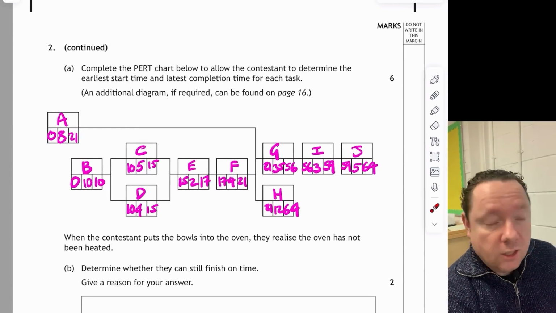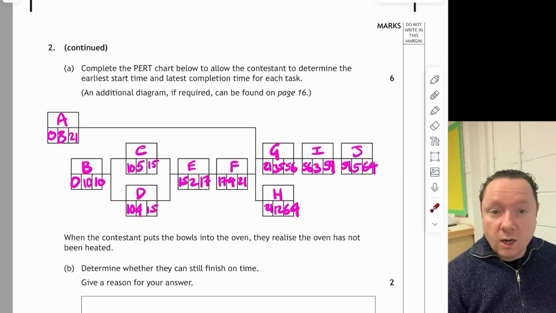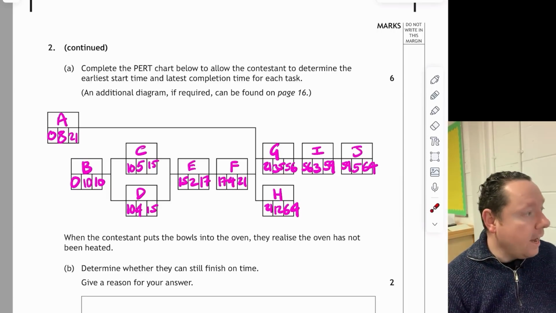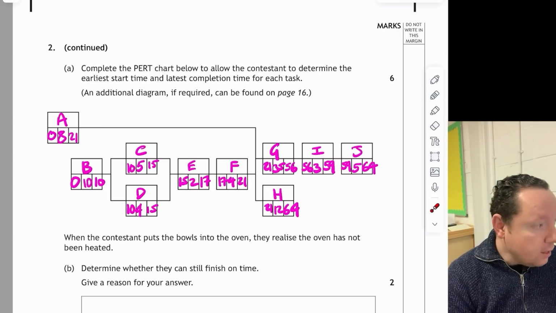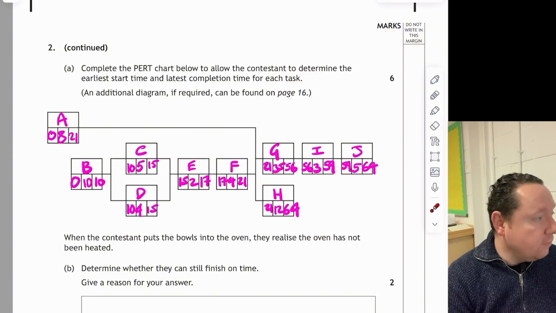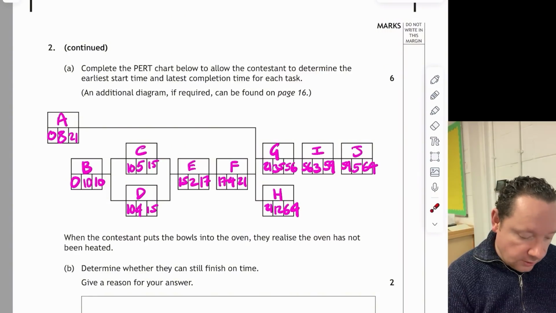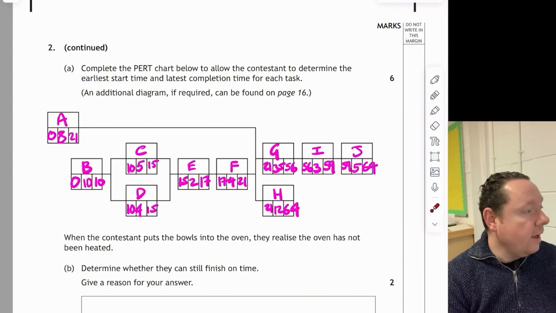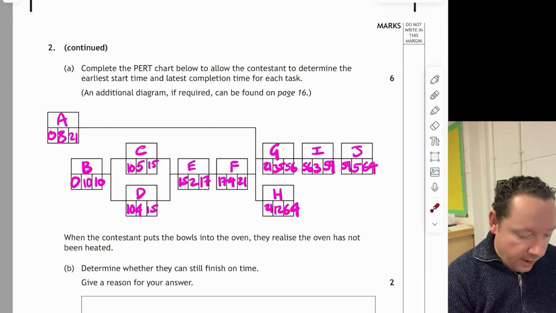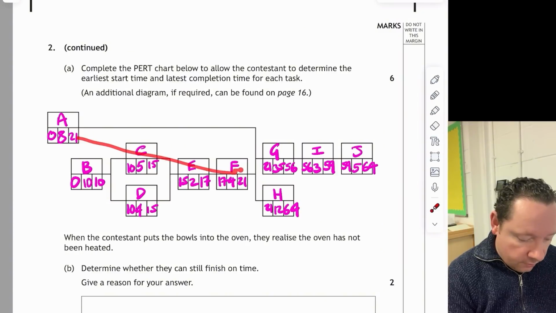Let's see where we're getting the marks for that. So 6 marks this was worth. We get the first 6 tasks in the correct sequence. We then get a mark for the remaining 4 tasks and durations in the correct sequence. So basically getting your tasks in the correct order with the middle boxes gets you 2 marks. And then your forward scan from A to F being correct, so up to here,